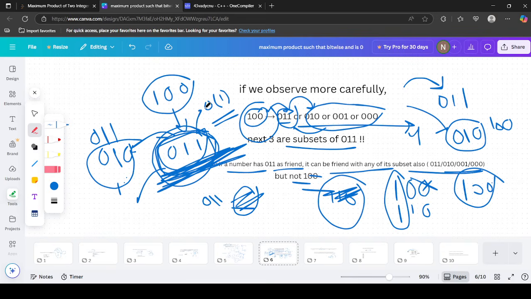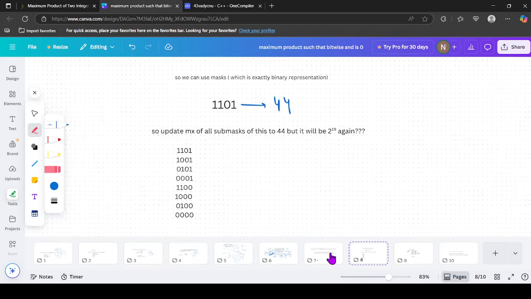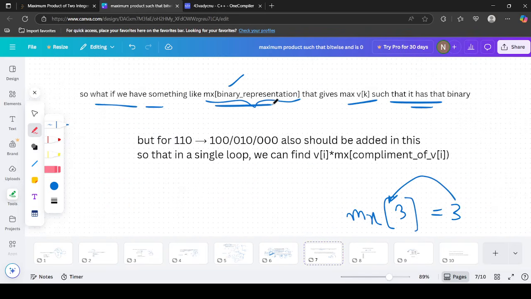So we can simply return in O(1). So hope you got this. So what if you have something like maximum binary representation? That will contain the maximum value that has a binary representation that is a subset of this one. So maximum of